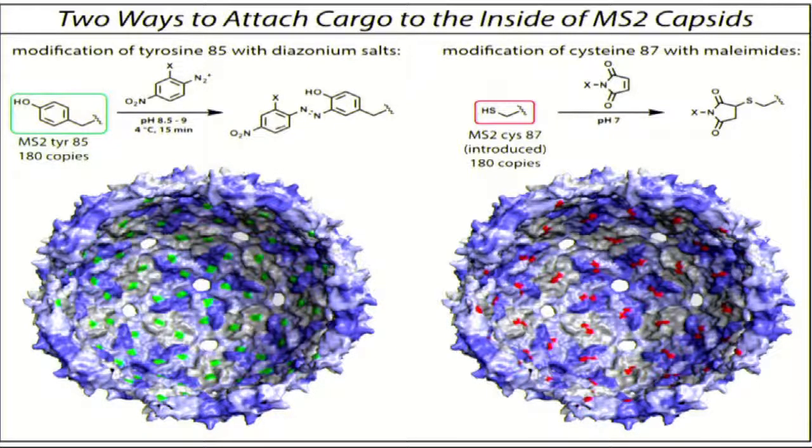The other one is, as I mentioned, cysteine chemistry. We made a genetic mutant of MS2 with 180 cysteines on the inside, shown as red, and now we can use these